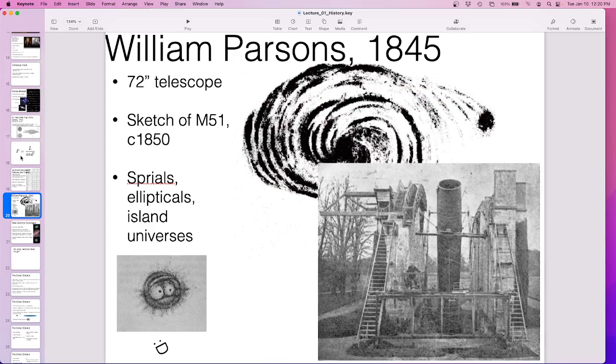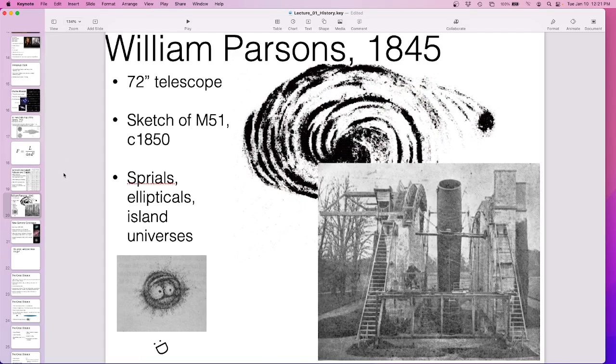Somebody sorted out what this guy is. I forgot to write it down, and I forget who that is, but it's the Smiley Face Nebula. And this is his drawing of M51, which is one of my favorite galaxies for a lot of reasons. Mostly it's face on and you can see all the magnetic fields in it. I'm not going to talk too much about magnetic fields in galaxies in this class, but it's a thing that I like. So M51 is this galaxy here, and it looks just like this. His drawing is so great.